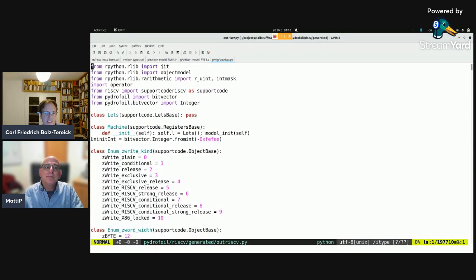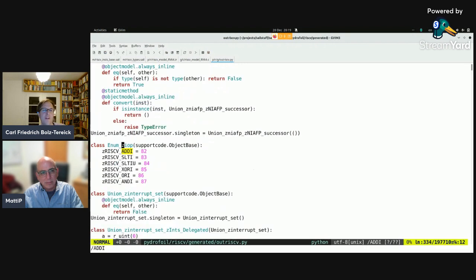Now, we very briefly looked at generated C code. I fear that I have to tell you that generating Python code is not really any less scary, right? This is 200,000 lines of generated Python code, and it's quite scary. But we can try to find the landmarks again that we looked at earlier. So we can try to find the enum, right? The enum here is just a class, and it defines a bunch of class attributes. And then we can also look at itype,